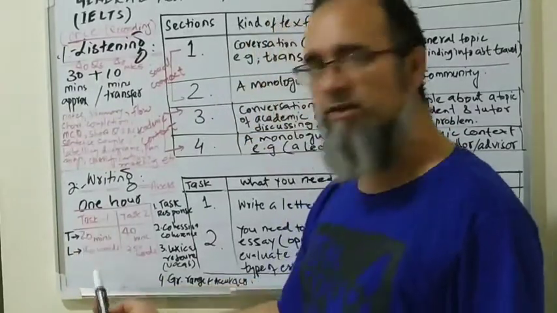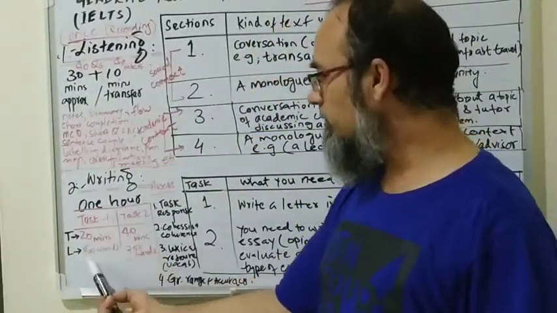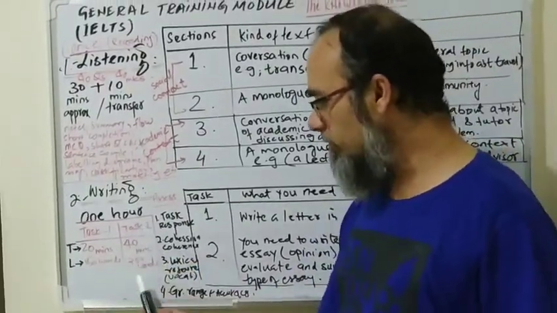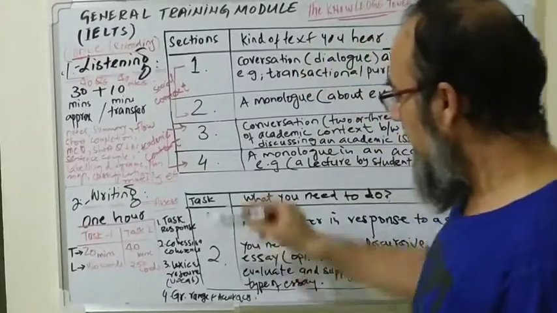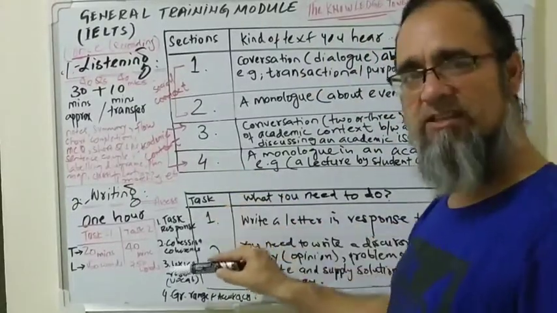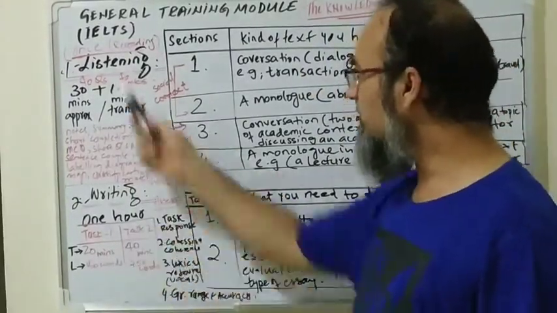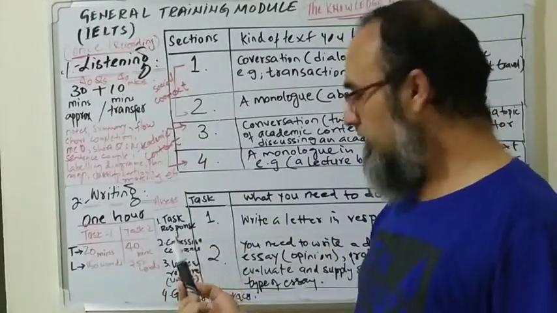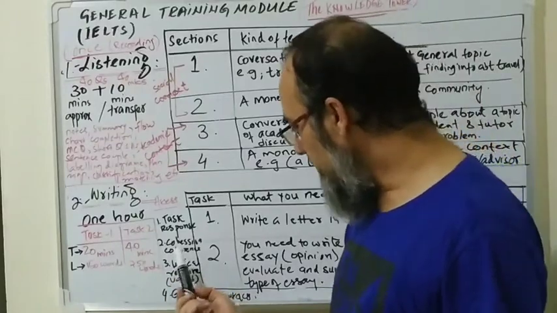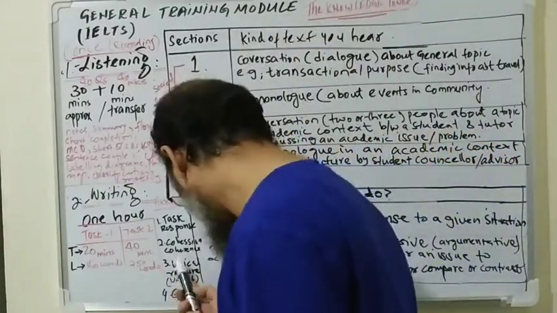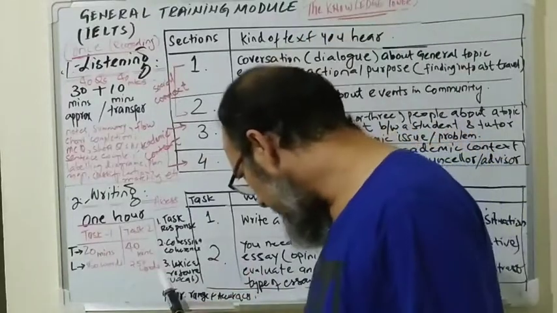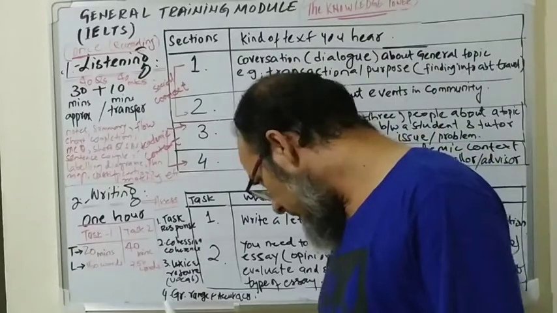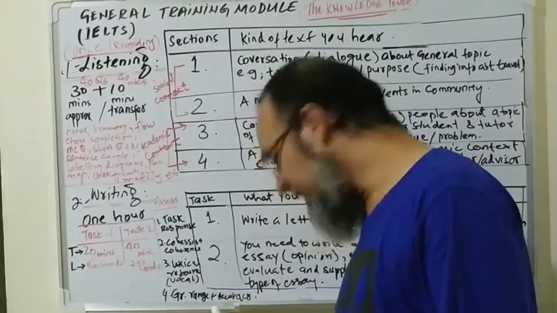And as far as word limitations are concerned, in task 1, you have to write about 150 words, while on the other hand, in task 2, you have to write 250 words. And some of the important areas that you are assessed in writing module in general training IELTS, number 1 is task response. Number 2, that is coherence and cohesion. And number 3 is lexical resource and vocabulary or diction. And number 4 is grammar, range and accuracy.